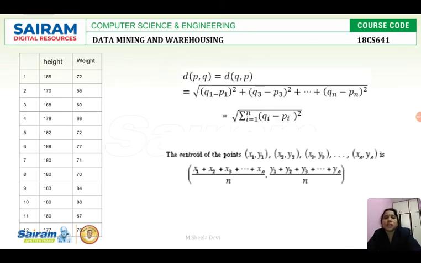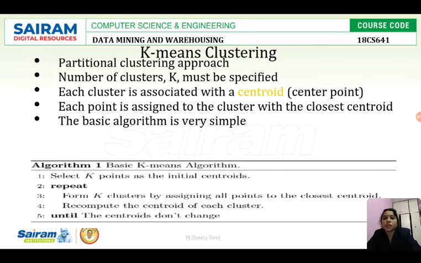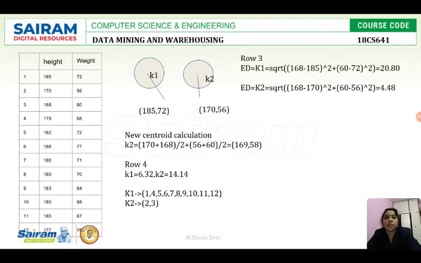Okay. Then what is said in the algorithm? After forming K clusters by assigning all objects, recompute the centroid of each cluster. So after finding the object for a particular cluster, we have to again calculate the centroid, because we have found a new object for cluster 2. If I move any object to a particular cluster, I have to recompute the centroid. Since I have moved the third object to cluster 2, I have to recompute the centroid now.